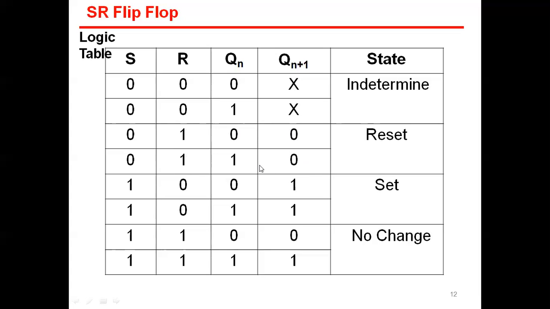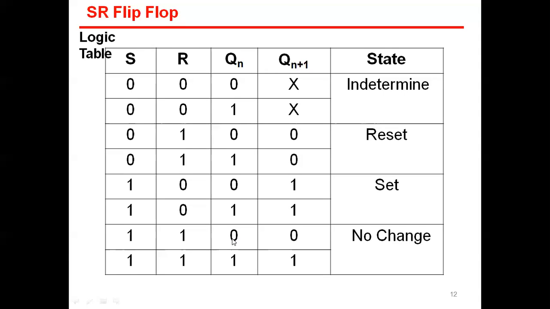Next state, that is 1 0 1 0, Qn 0 and 1, in which S equal to 1 both times. So you can say it is going to set the value equal to 1 while Qn equal to 0, and set the value equal to 1 while Qn equal to 1. This is called the set state of Qn. It is going to set to 1.